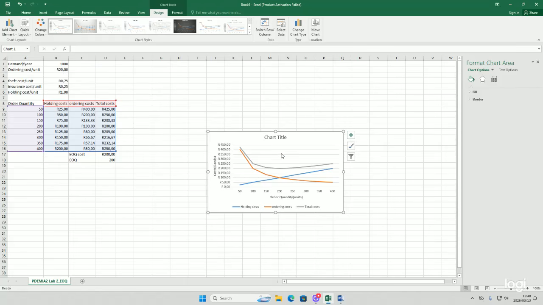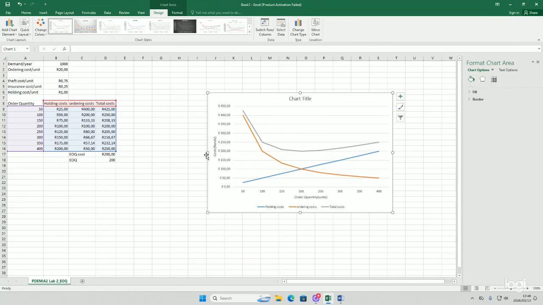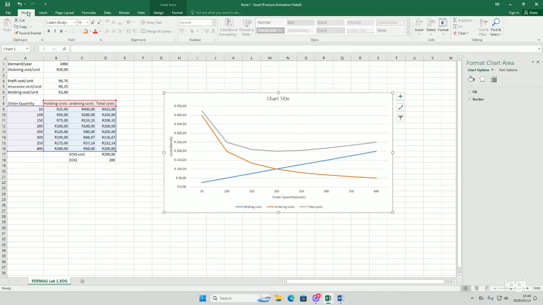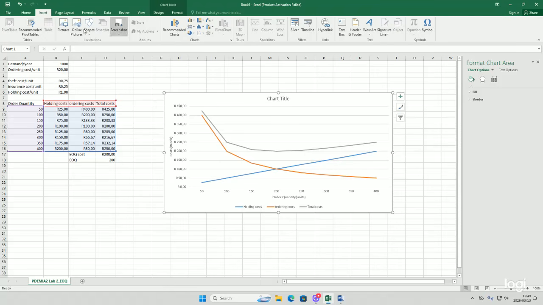Now we look at your EOQ point. Your EOQ point, let me adjust this. Your EOQ point has to be here. So you're going to make an illustration of your EOQ point. You go to insert, illustration, shapes, arrow, and then you start from point 200. You drag down,